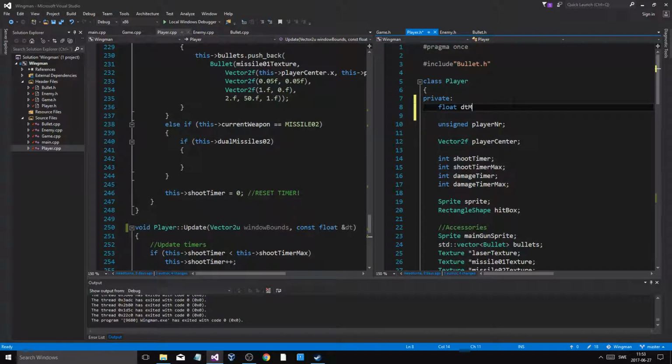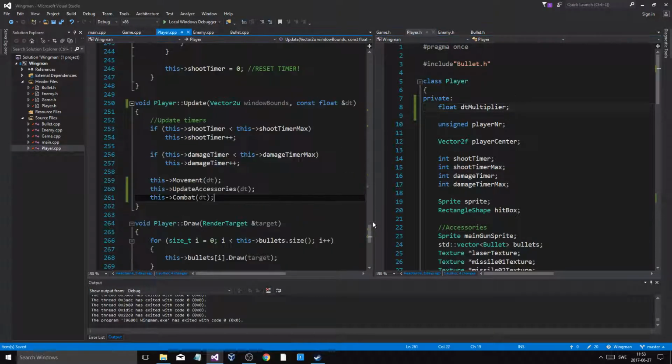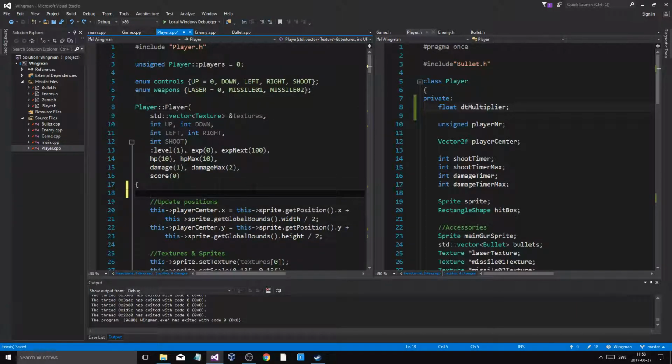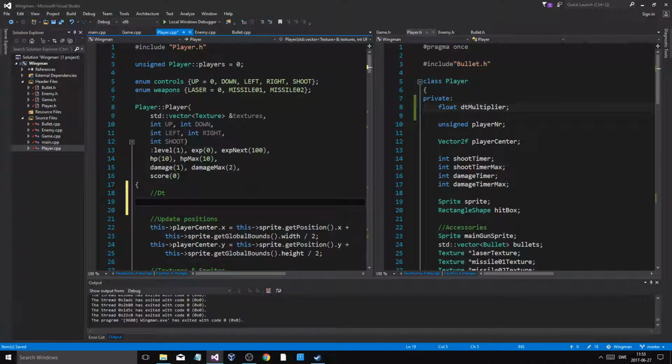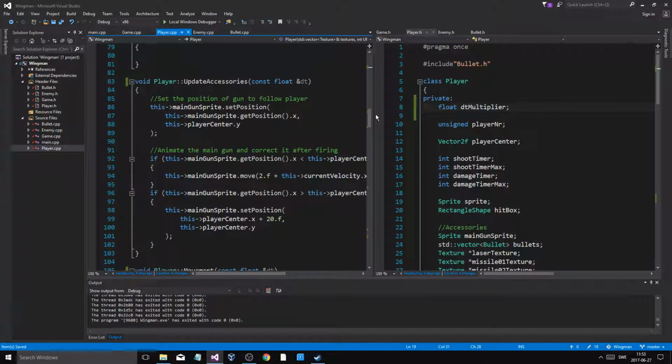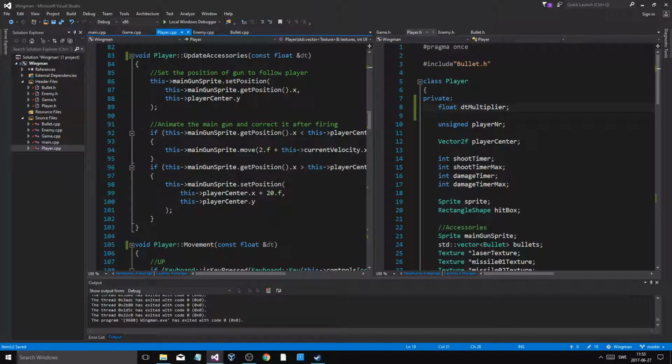Float DT multiplier. Because it is so core to this whole thing, we're gonna keep it on top. Player, whoops. DT. This DT multiplier equals 60.f because it's still the same. And then that was the only one. Okay, good. Now,